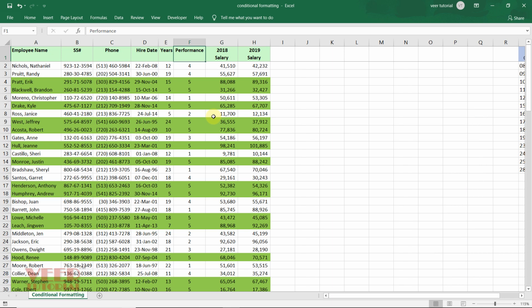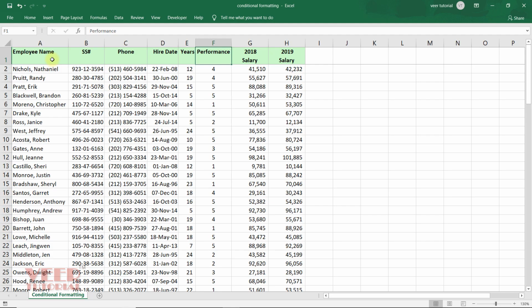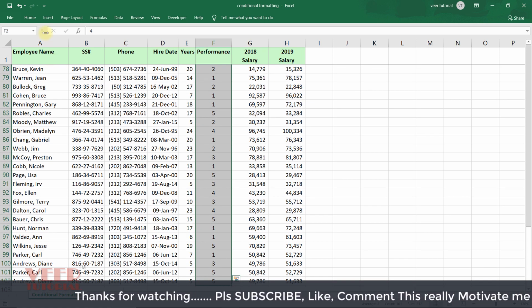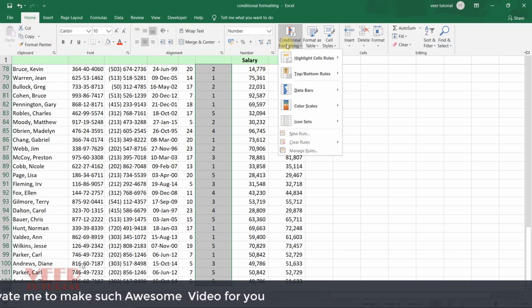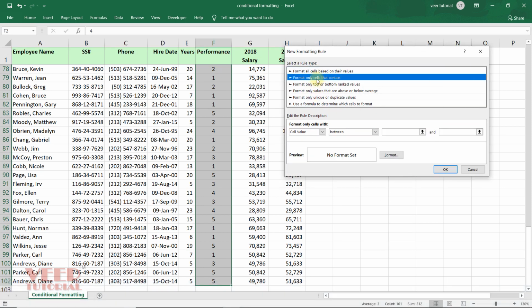So let us begin with our example. It's easy to give the conditional formatting of the cell in which we have data. We will select the column, come to the home tab, conditional formatting, and then new rule, and we can select the second option.